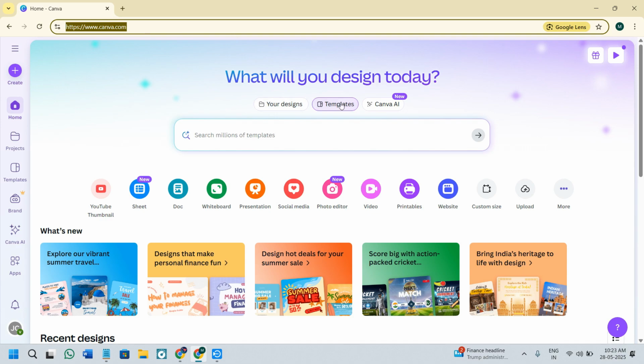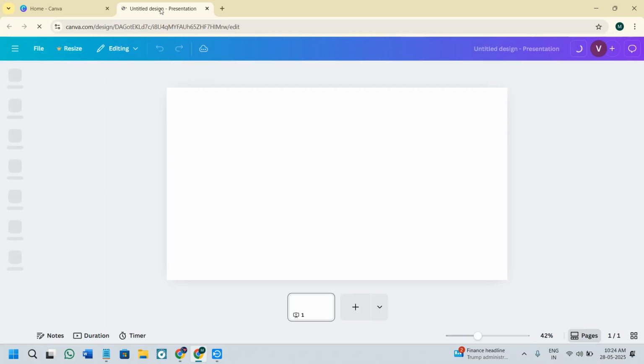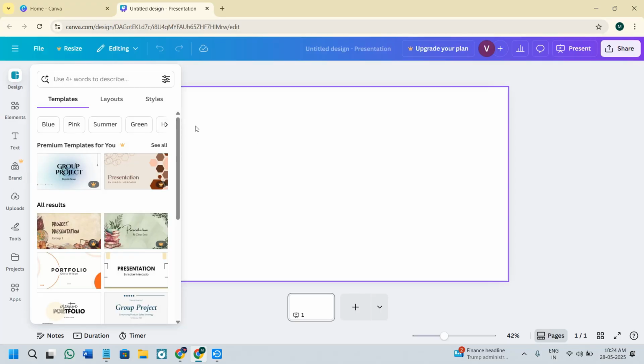Once you have successfully logged into your account, the interface of Canva will look something like this, where you will see a bunch of different things that you can create with the help of Canva. So since we want to create a carousel slider, I would recommend you to select the presentation template. You will find presentation over here, so you can either click over here, or you can even use the search bar in order to search for presentation. Whichever method you choose, you just have to simply click on that and you will land on this